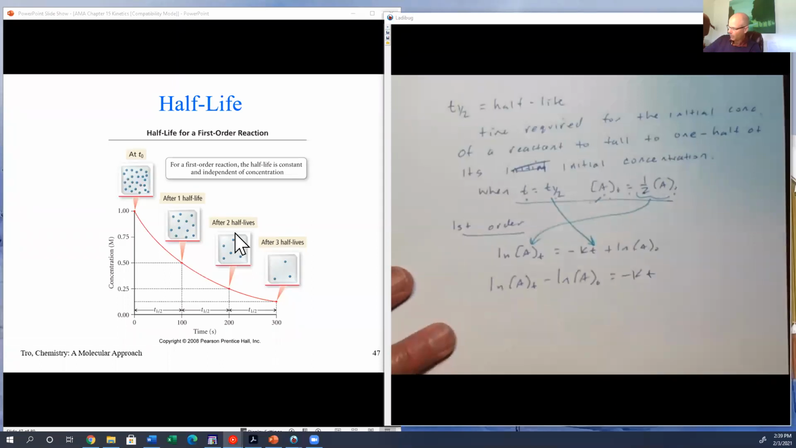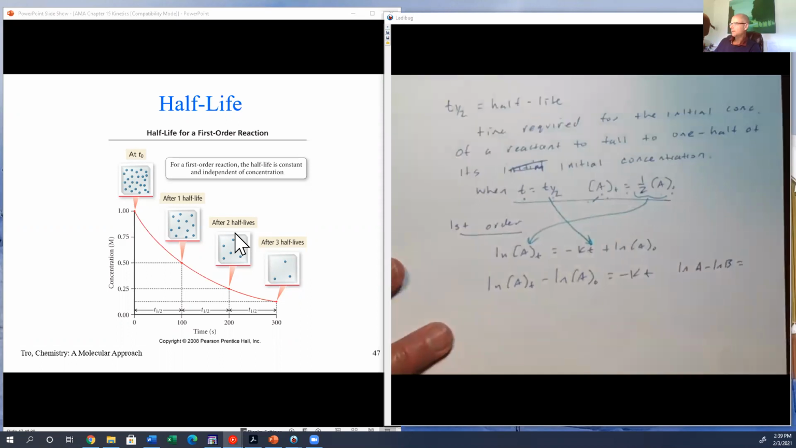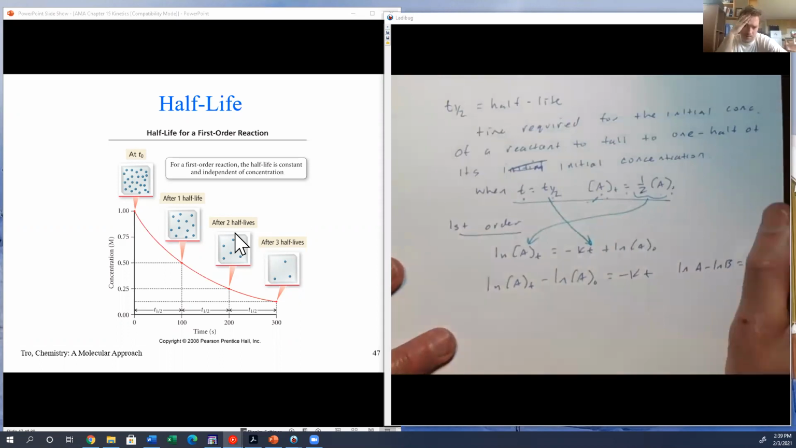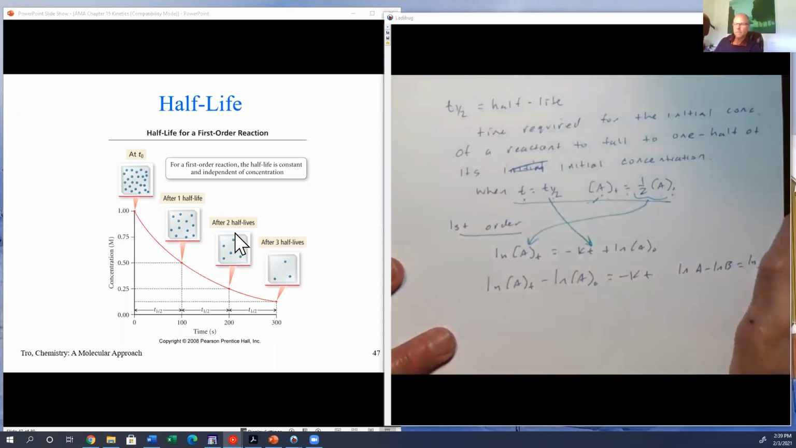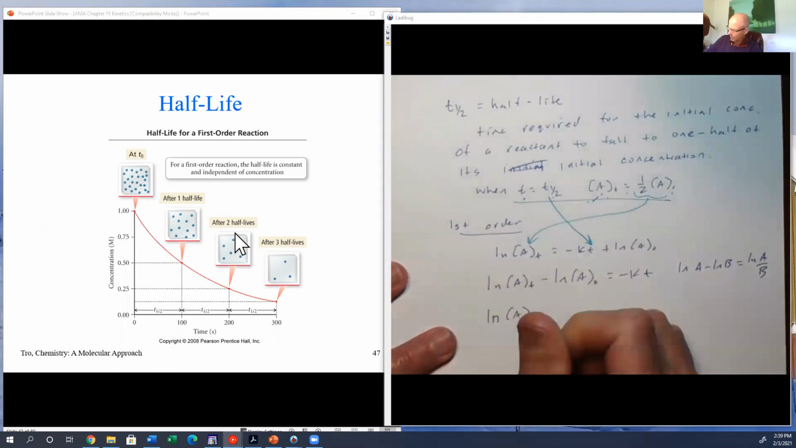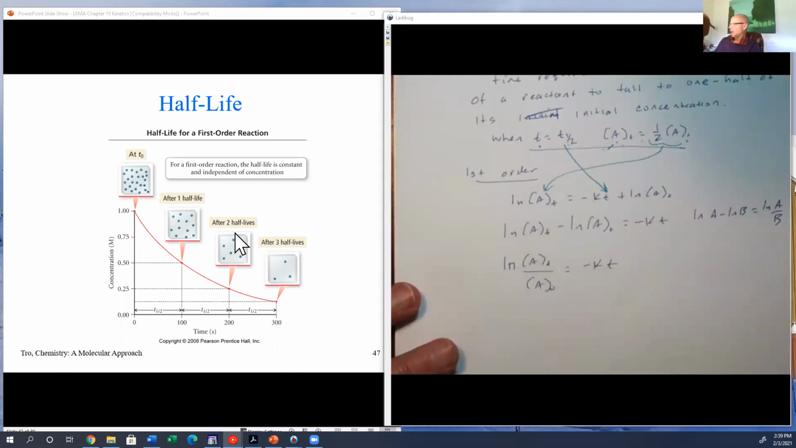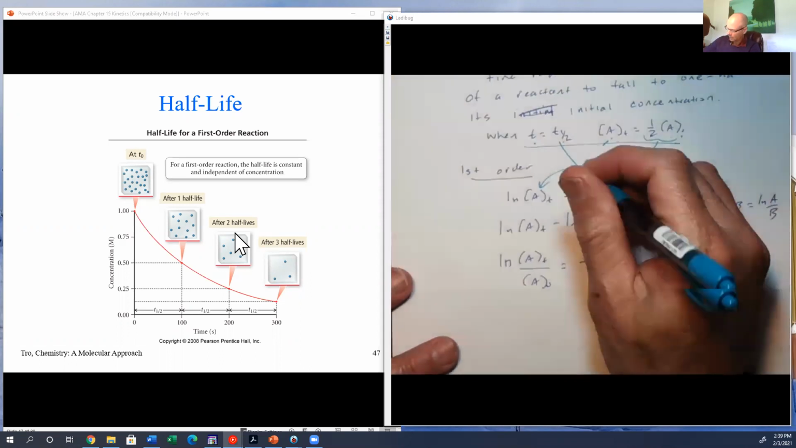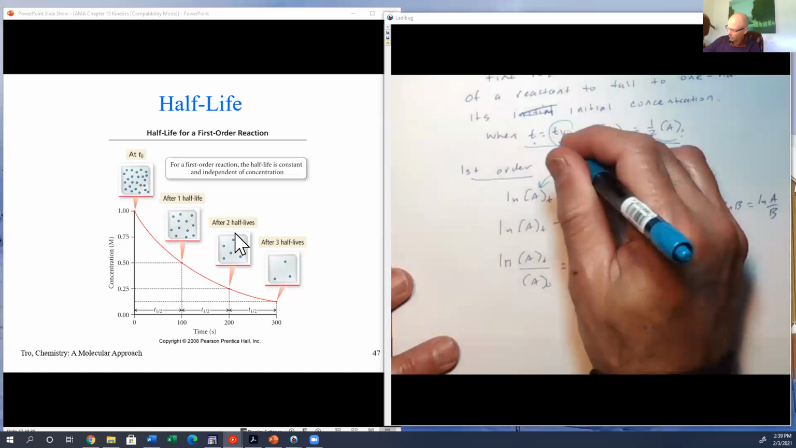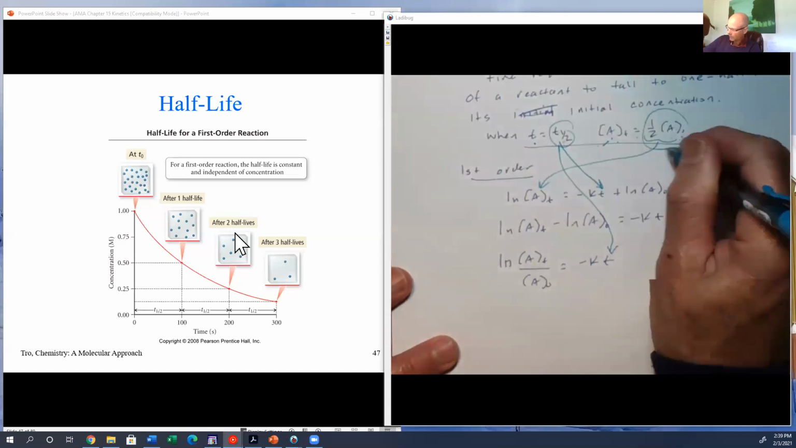All right. And remember, log A minus log B is equal to what? Log A over B, right? So I can say log of A of t over A0 is equal to minus kt. All right, now I want to substitute in. So I'm going to substitute T 1/2 right into there. And I'm going to substitute 1/2 A0